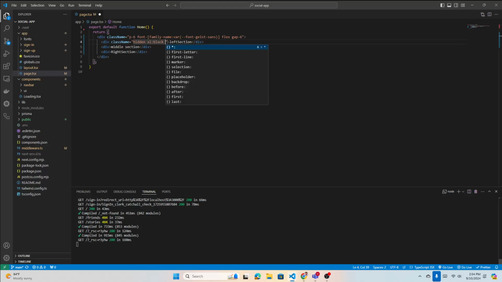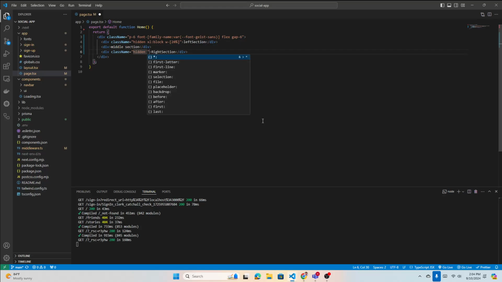When it displays, how much space can we give it? Let's give it around 20%. So we're going to make 20 on the left, the center will be 50, and the right will be 30, right? Here we can write that in the small device it will be hidden, and then we can display this on not extra large, maybe LG will be block,